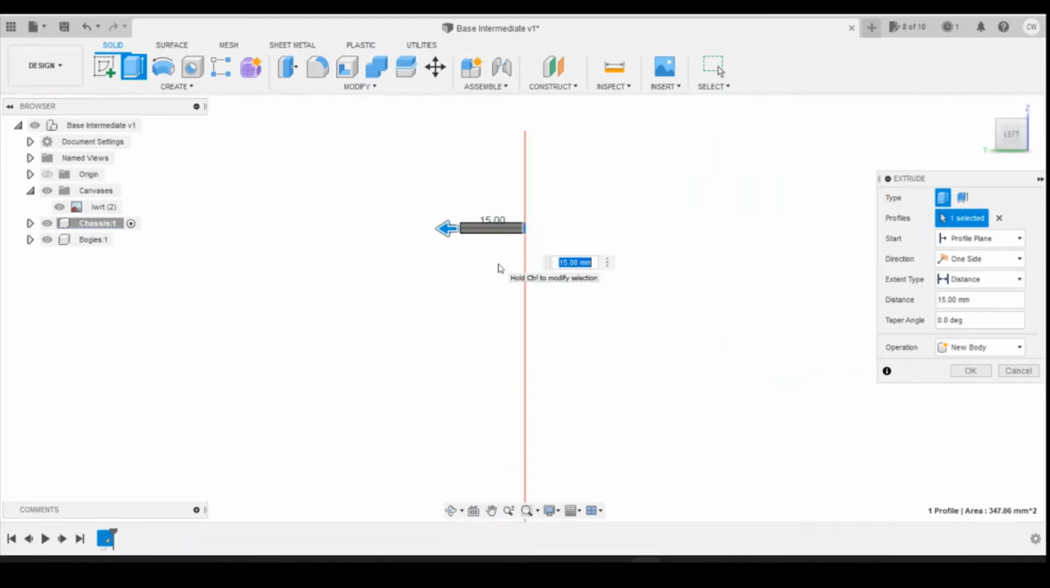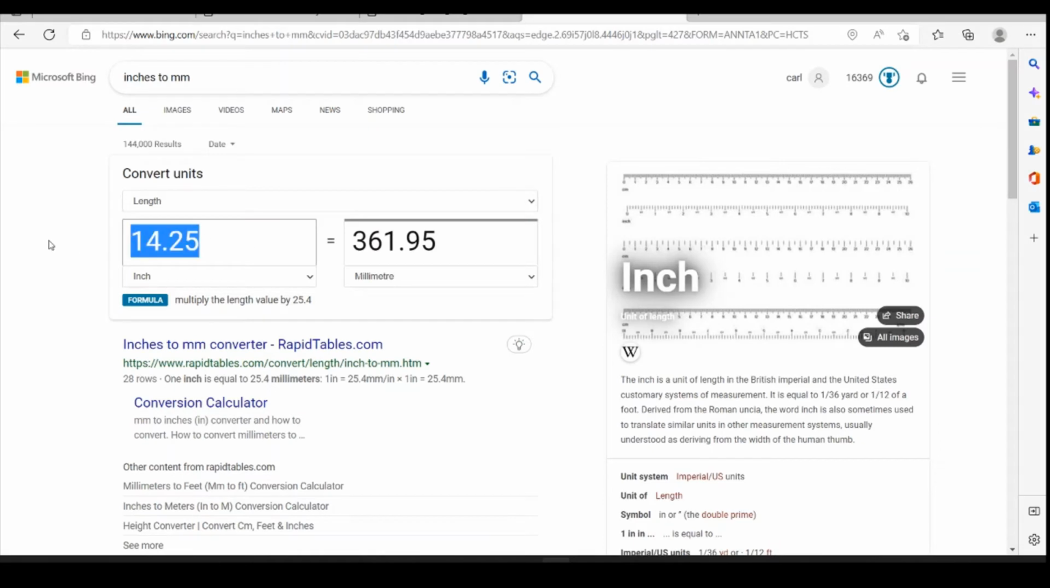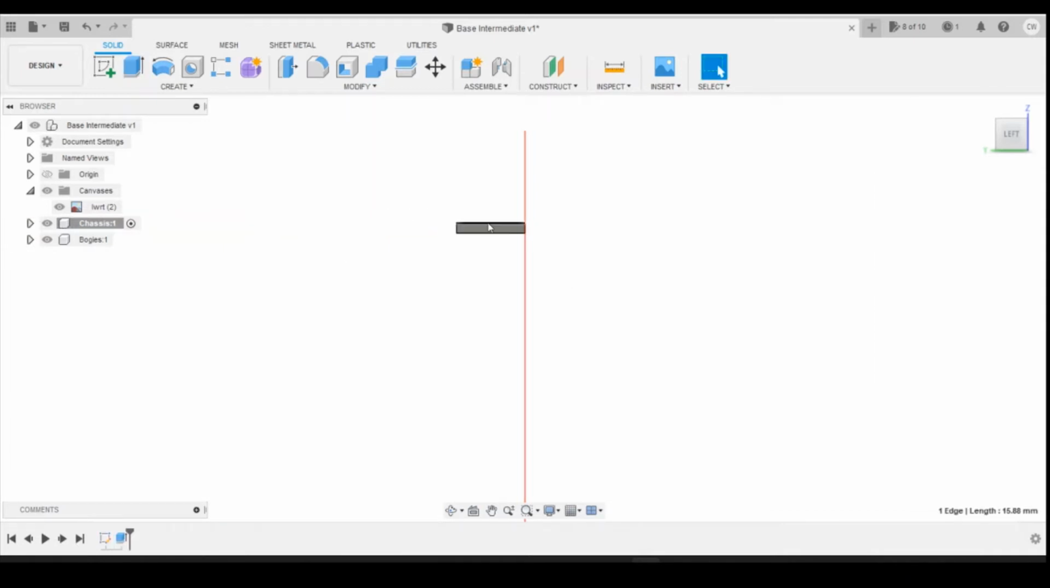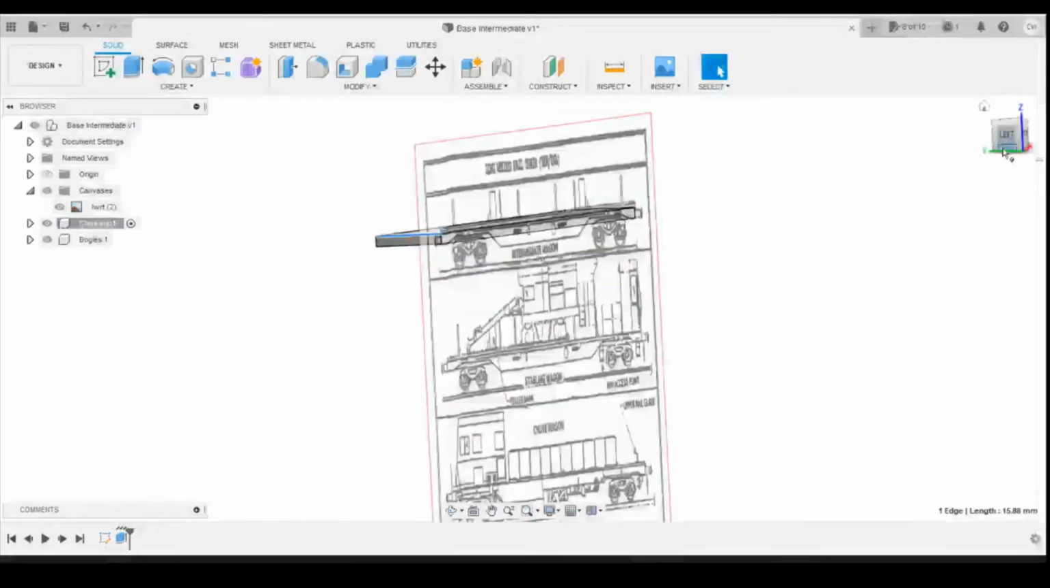Now again, on the diagram that Paul's given me, the width of the wagon is 92.5 inches. So we can come into here, 92.5, 2349.5 millimeters. So we can define that as 2349.5 divided by 148, giving us a width of 15.88 millimeters. So now that we've got the basic rectangle shape, I'm going to make this wagon a lot more